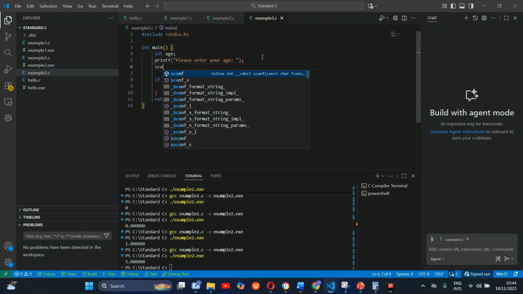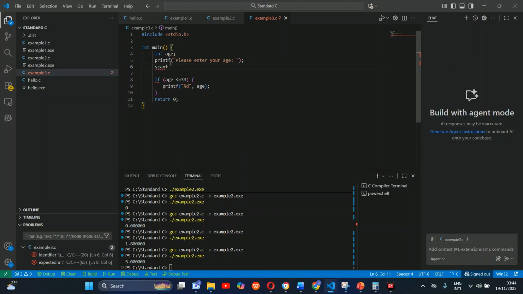Then I will use scanf. This function is just to take user inputs, so I take the user input into age. Once the age is entered here, if age is less than or equal to 18, then